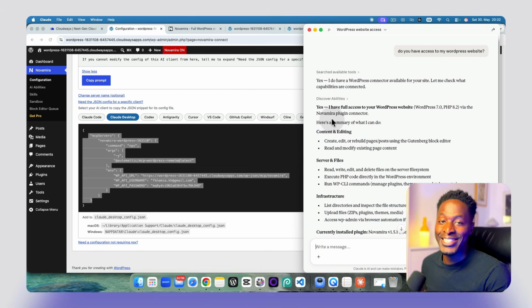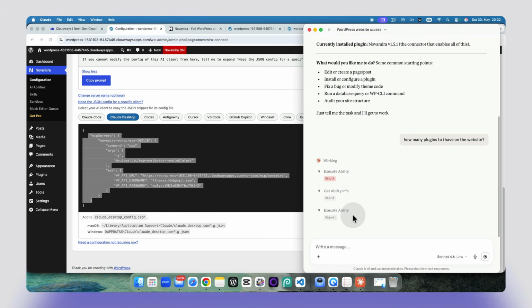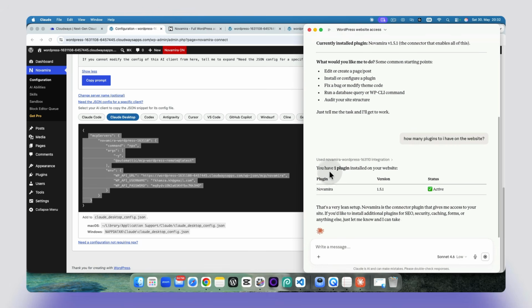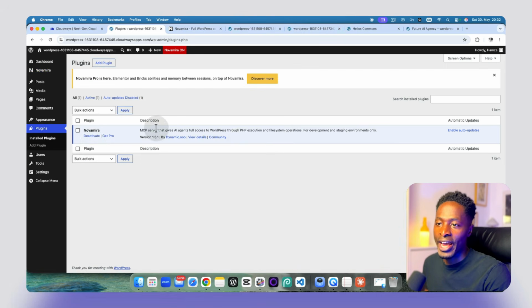There we go. It says yes, it has full access to the WordPress website. And let me ask it to do for me a simple task. How many plugins do I have on my WordPress website? And there it goes ahead. So it tells me I have just one plugin installed. And when we come here to our plugins area, you see I have just one plugin installed on my WordPress